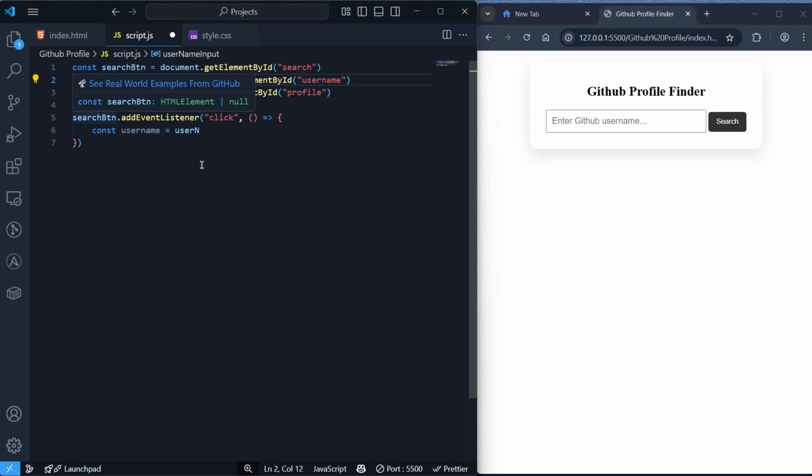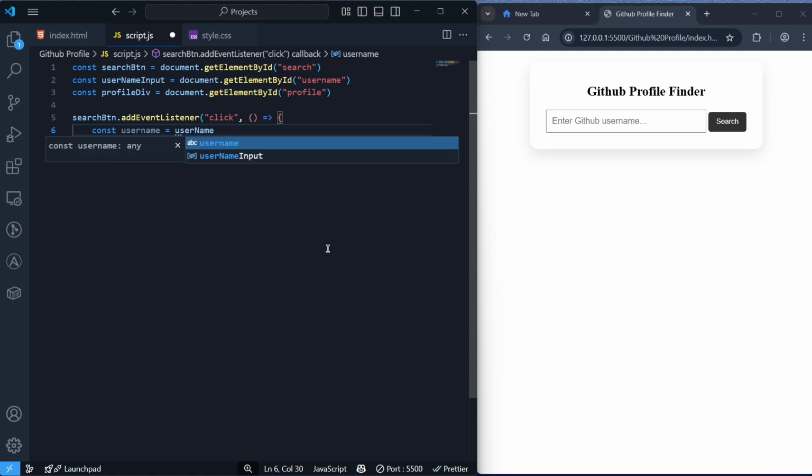Camel case notation means it starts with a lowercase letter, then instead of a space or underscore we put a capital letter. Okay, so this is called camel case notation. It's not any hard and fast rule, it's just something JavaScript developers follow. Okay, so we'll go with username input